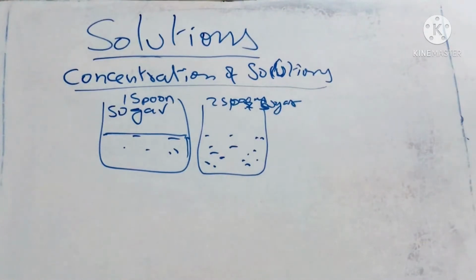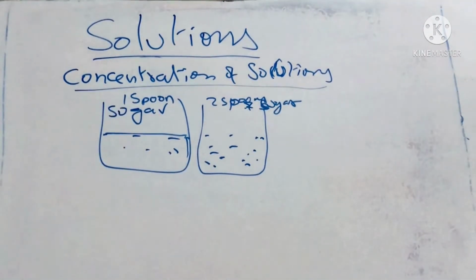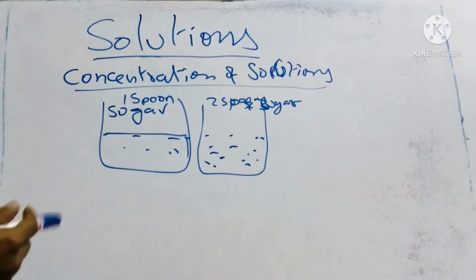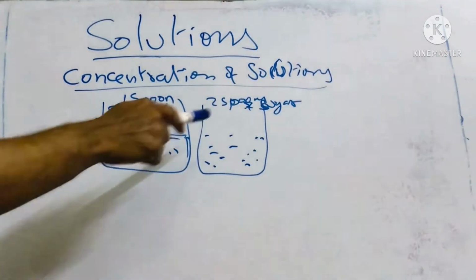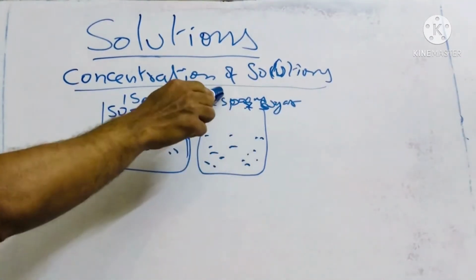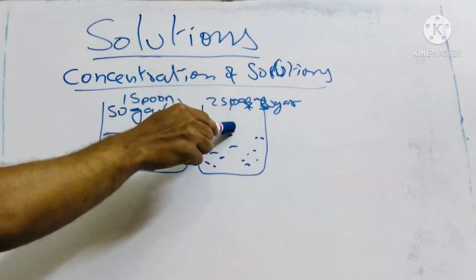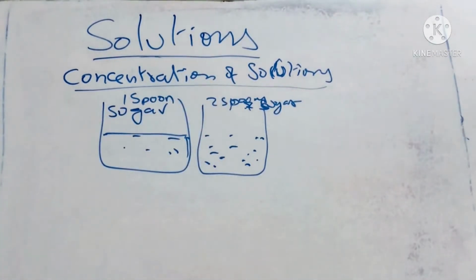So now we can say this is concentrated more than this one. Here we are telling with respect to the number of spoons. That's why when we go and get some coffee or tea also we will say less sugar please, because a diabetic patient will take little sugar in the coffee. That means if the coffee maker generally adds 1 spoon, now you will reduce it to half of it. So that means the concentration is less now.